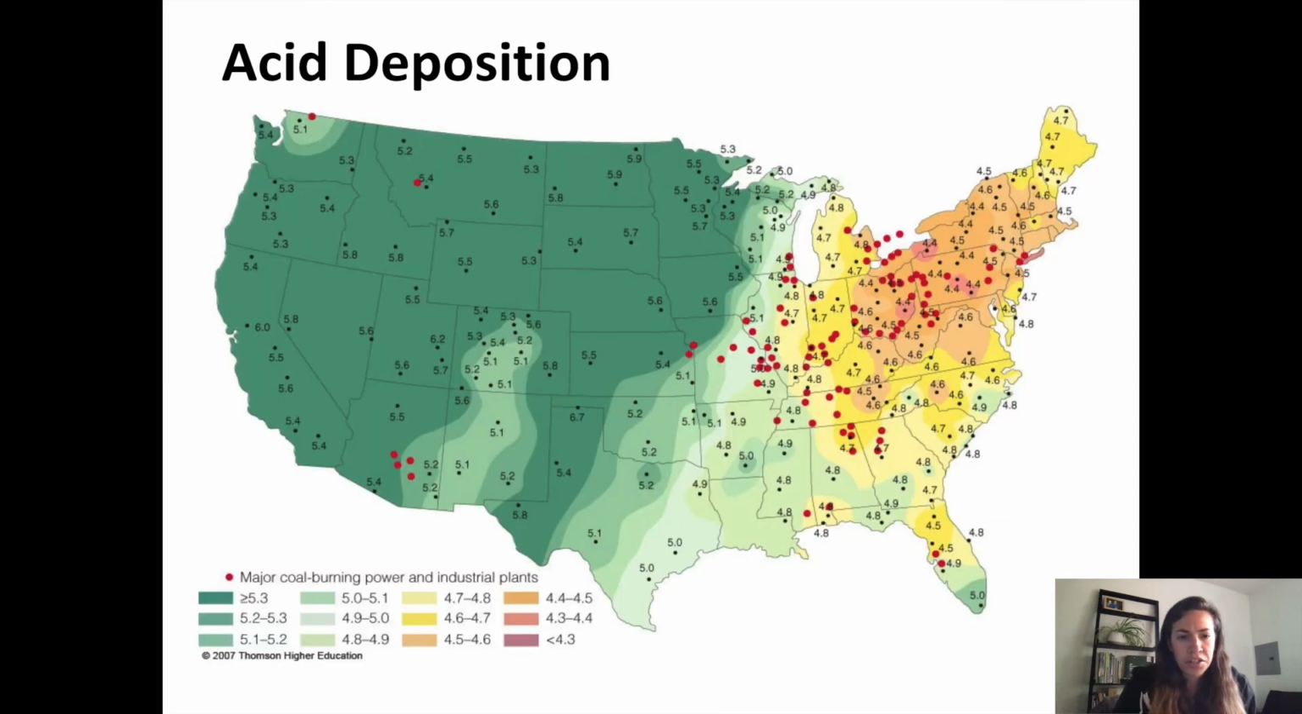And I just wanted to show this because I think it's an interesting graph or map that shows where most of the coal burning industry plants are in the United States and where most of the acid deposition is associated. So we see significantly more acid rain or deposition in the eastern part of the United States, unsurprisingly associated with basically the coal burning regions, and that's a big